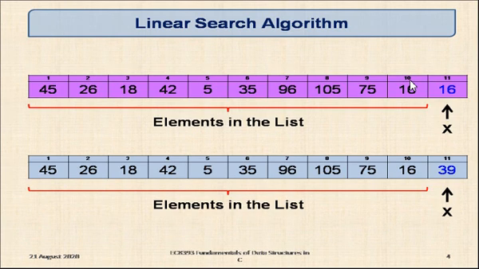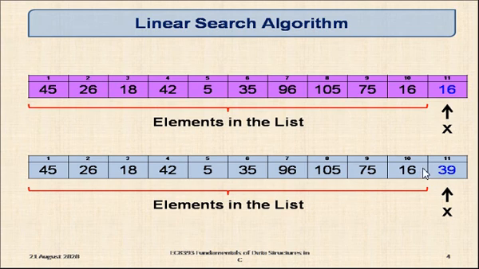So in the first two examples, we have taken the value of x in such a way that the item is available in the list. So in the last example, let us take one item, that is 39, which is not at all available in the list. So now you see what will happen. Again the same process. It will compare this value x, that is 39, with the list of elements one by one. So no match is found until the end of the list.